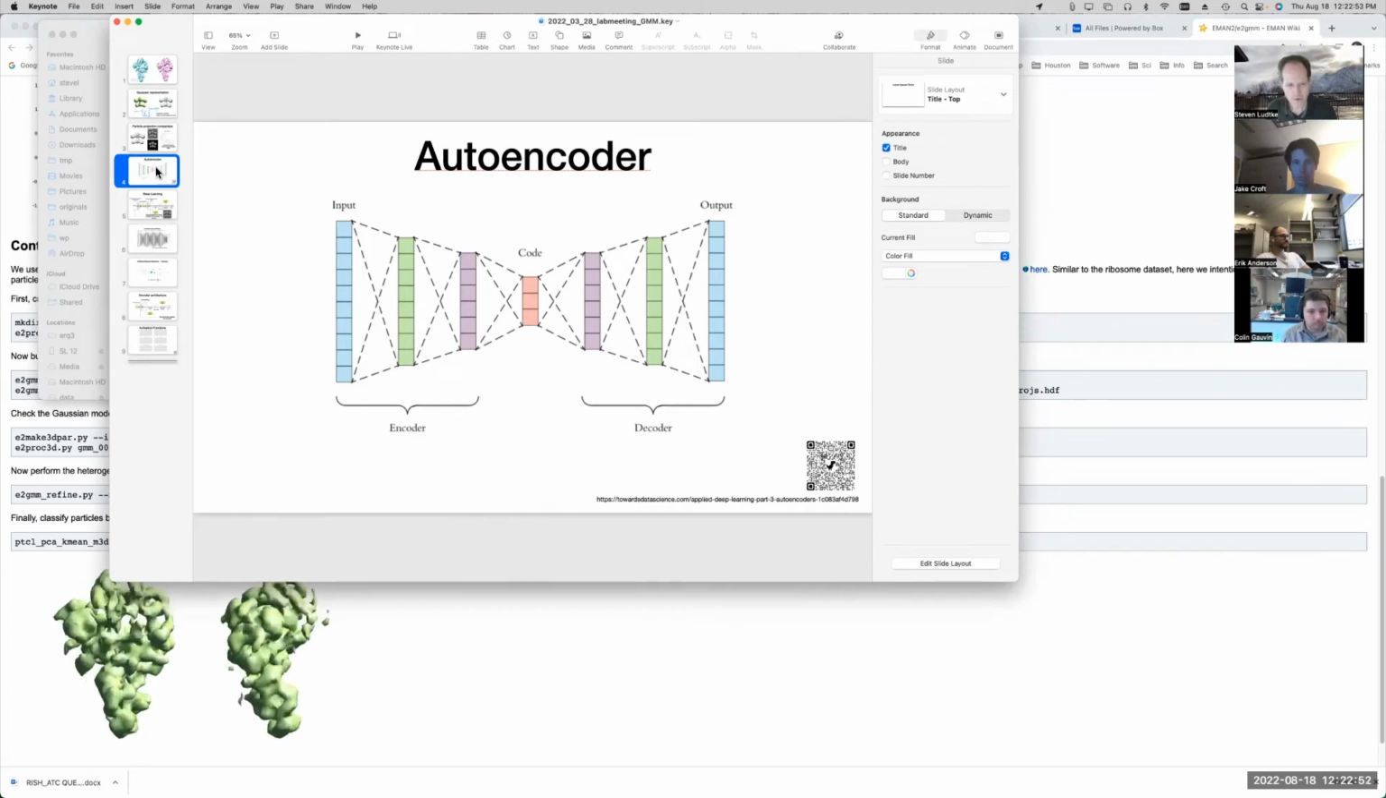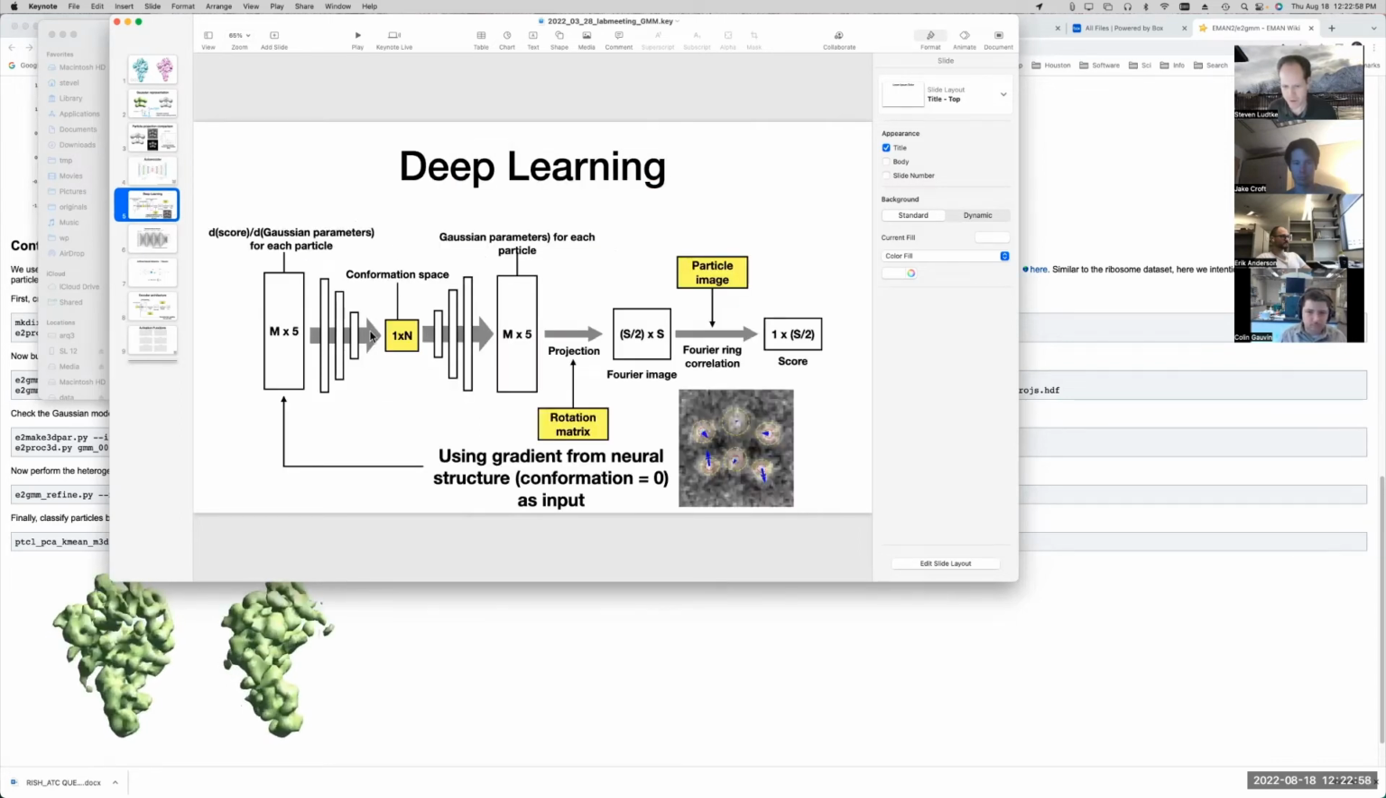Right. So the strategy we're going to use here is kind of like an autoencoder, but it's not actually an autoencoder. So the strategy we're going to use here is we're going to, for each particle,